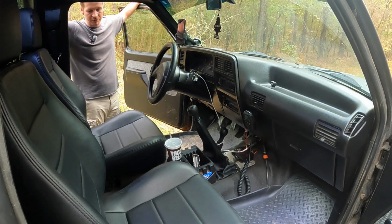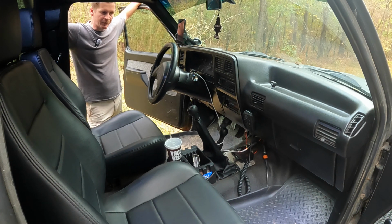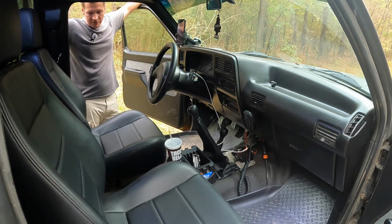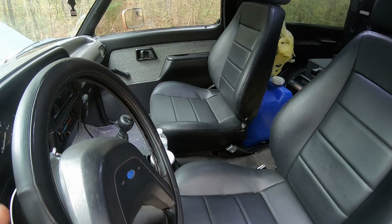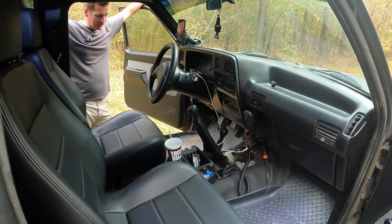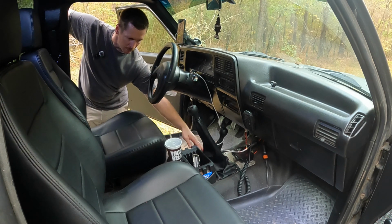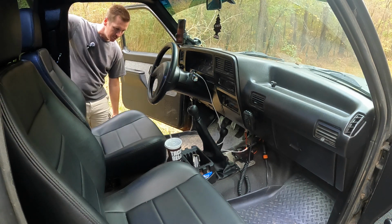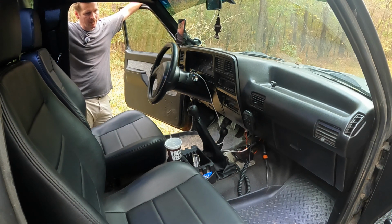I got rid of the carpet and went with a vinyl floor. It makes it a whole lot easier to clean your mud out. The seats, I got rid of the factory 60/40 seat and put in a couple of Caribou bucket seats. They've been great so far. I had a custom shifter boot made by my local upholstery shop,